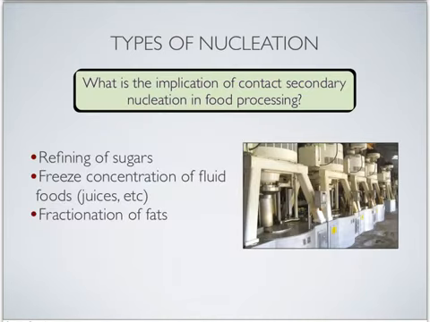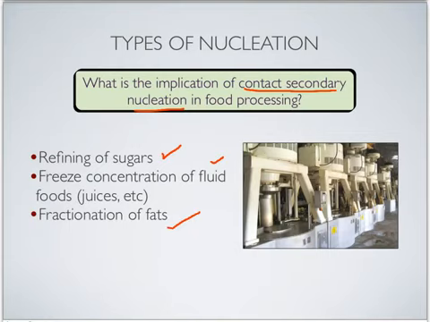So what is the implication of contact secondary nucleation in the food processing? The importance of contact secondary nucleation in the food industry or in the food processing is probably greatest in those systems where crystallization is controlled for a separation of certain material. For example, in the refining of sugars, in the freeze concentration of fluid foods, for example juice, and in the